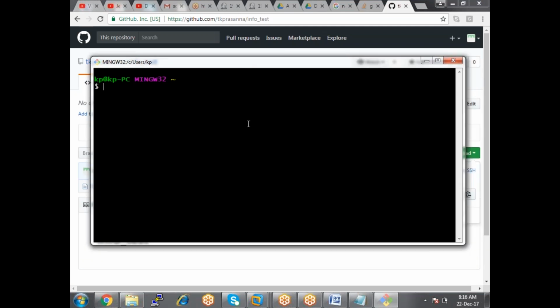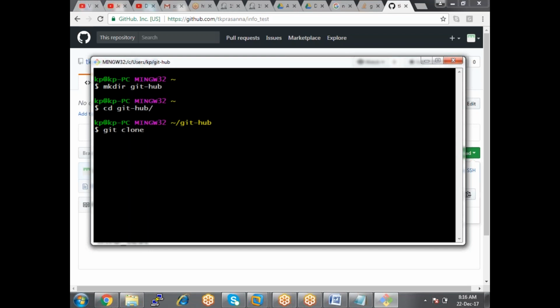But how does he do it? Through git bash. He has to use the client version, which is git bash. Here I'm creating some directory, some GitHub directory, and cd GitHub. And then git